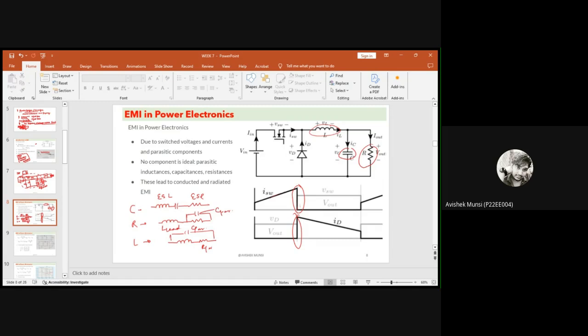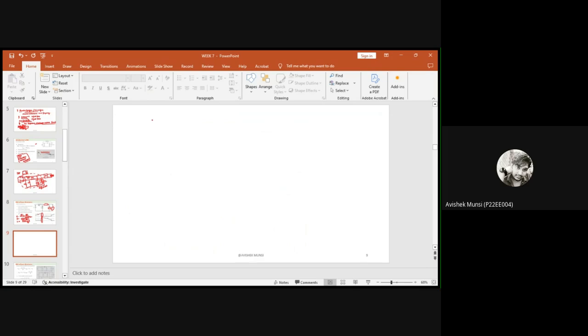So the waveform which you are seeing is the ideal waveform, but in reality, it is non-ideal in nature. It has parasitics and it will introduce noises and harmonics. So if you analyze this converter with the fast Fourier transform, if you observe the FFT of this converter, definitely it has a